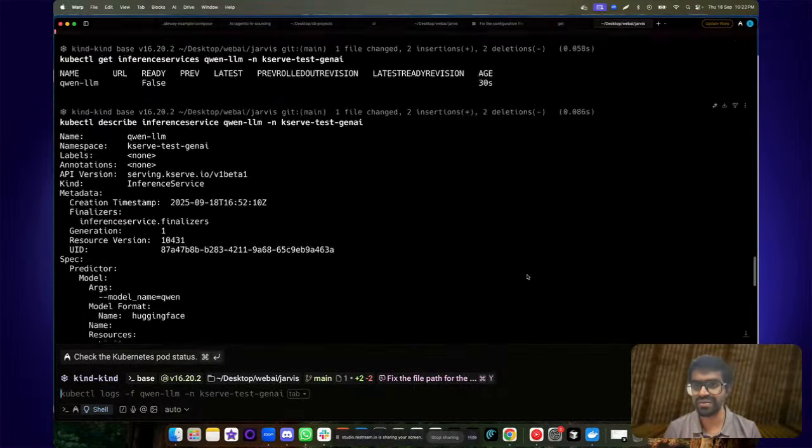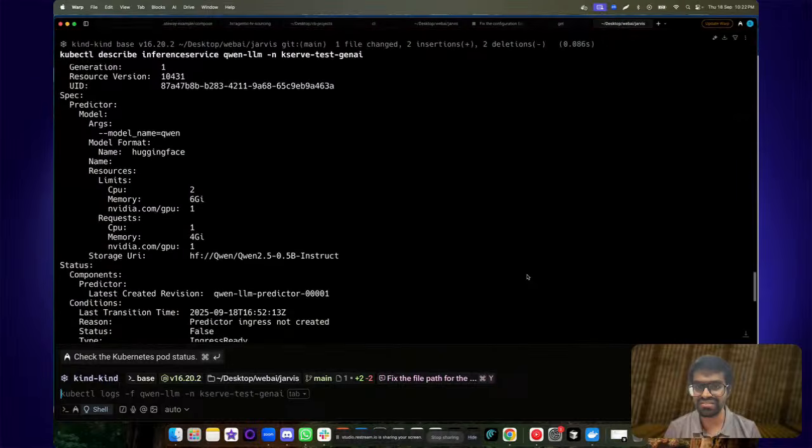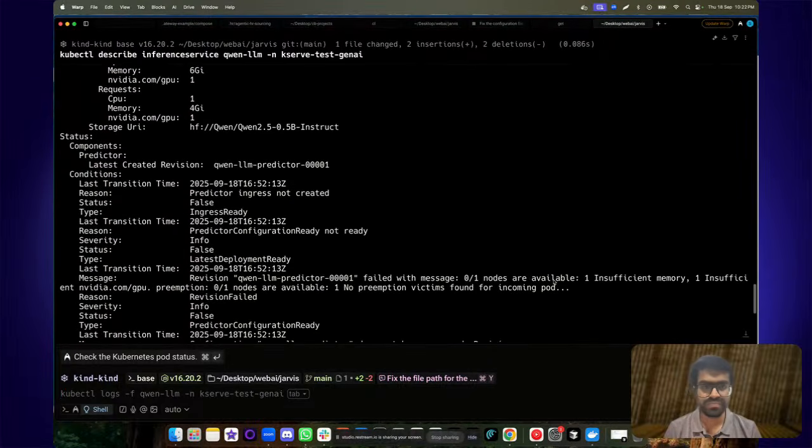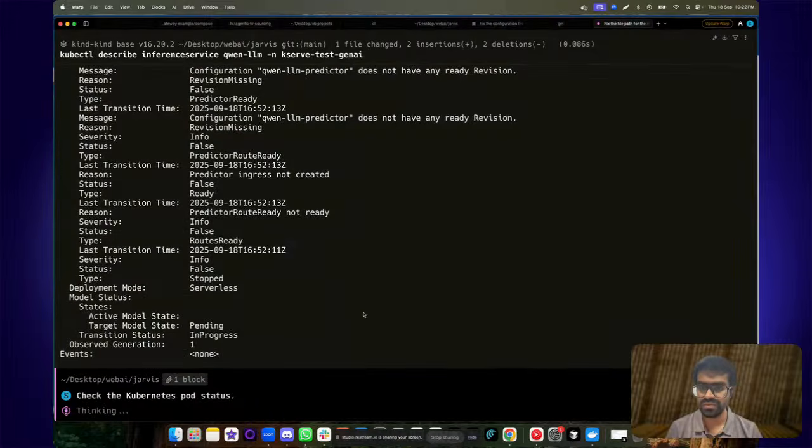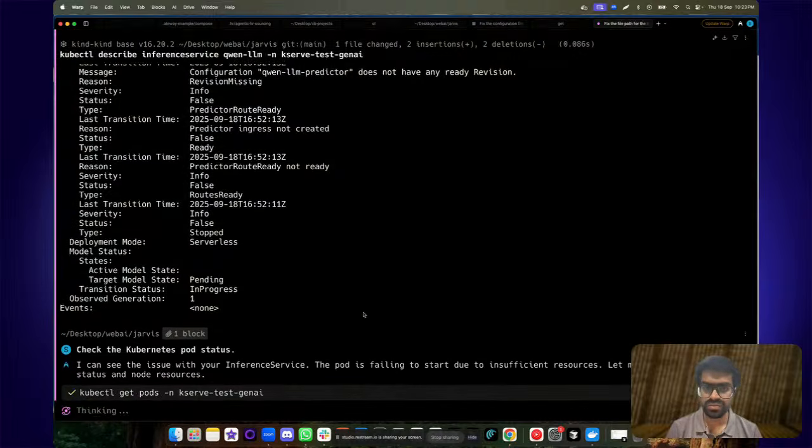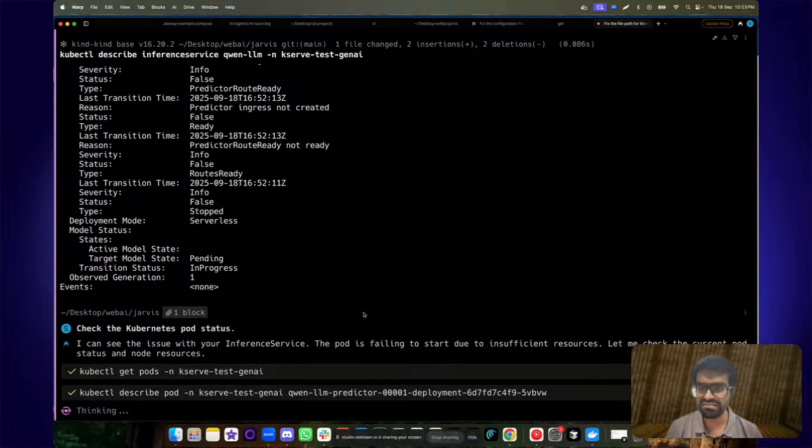The reason could be that we are not authenticated to Hugging Face, which is insufficient memory. Okay, so we might have to update or increase the memory in that case.